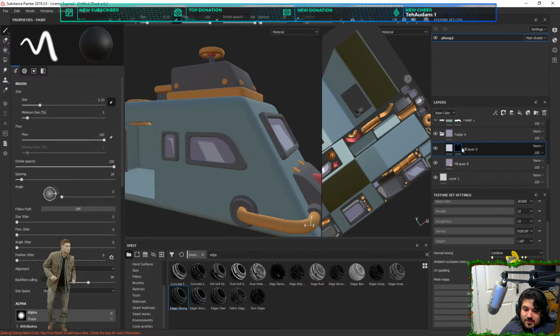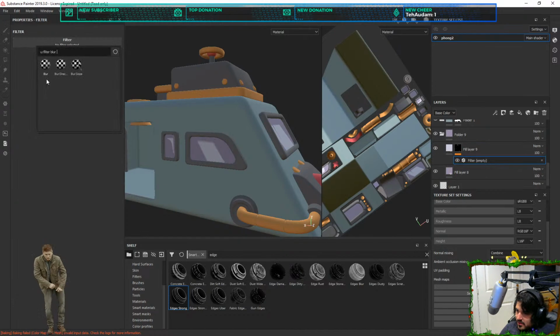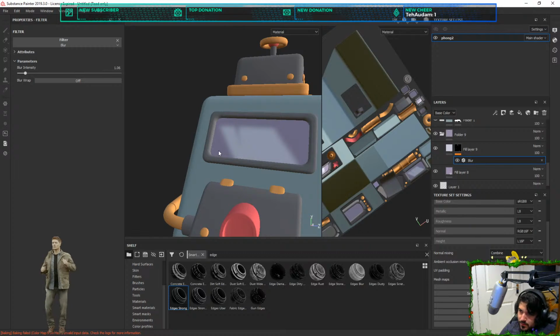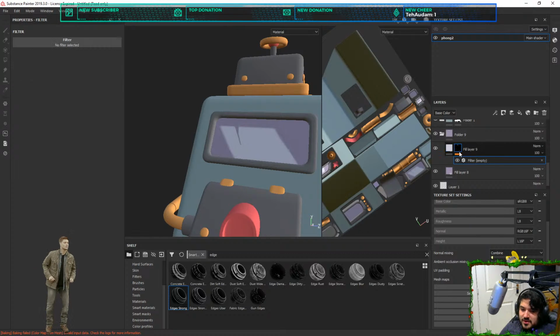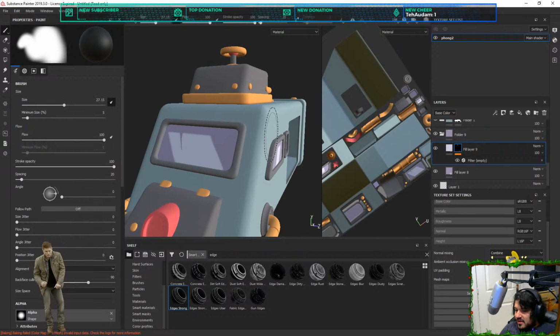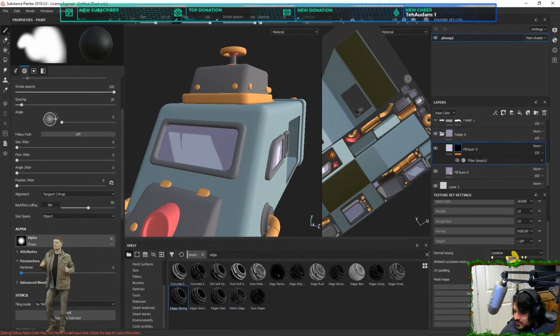Like that. Now we're just gonna go filter, blur. Maybe not actually. Maybe instead of that, we come back into this and we manually blur it. So we take a big brush with no hardness and we just go. Could do it like that.